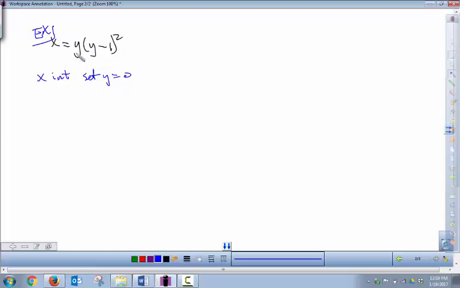So, if you set y equals 0, this is 0 times something, right? And so x is equal to 0. Does that make sense? That's the x-intercept. Now to find the y-intercept,